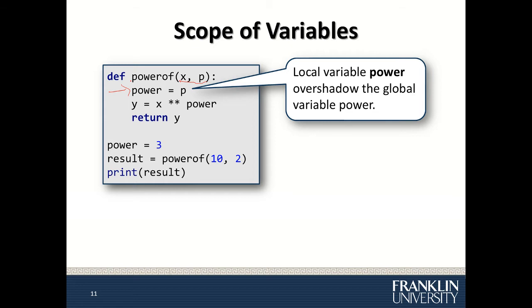This local variable power overshadows the global variable power. And it's very common to have a local variable with the same name as the global variable. And it is okay. For example, I can have a power of function with a local variable named power,